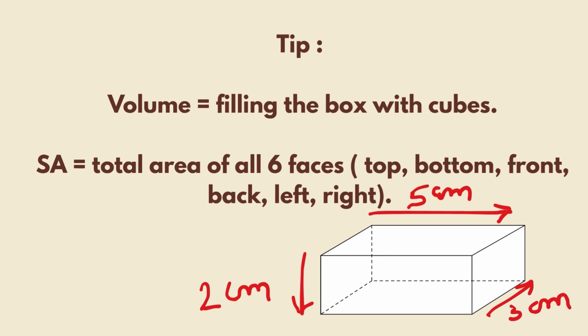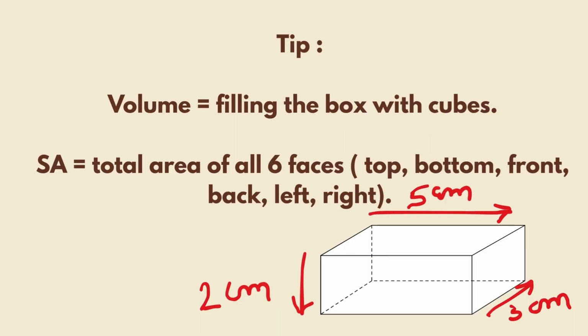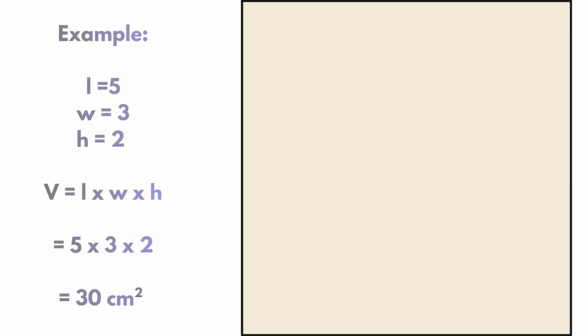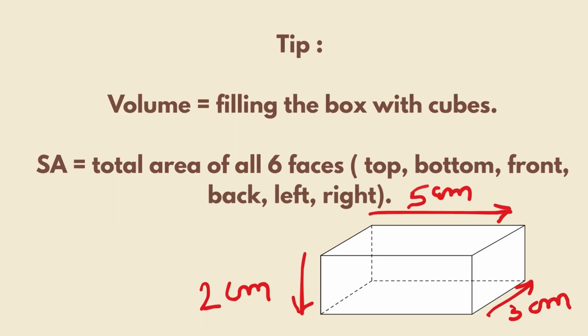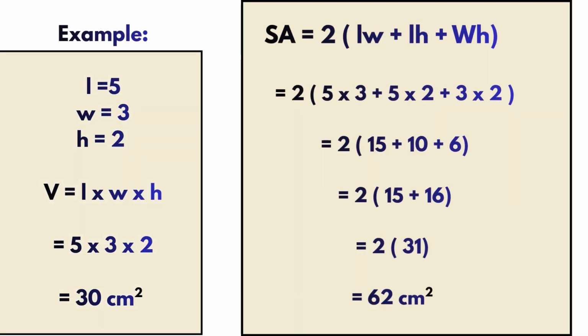You can see the problem here with the cuboid, given the sides 5 centimeter length, 3 centimeter width or breadth, and 2 centimeter of height. So we need to find out the volume. The volume is length multiply width multiply height, multiplication of all the 3 dimensions given here, we get the volume. 5 multiply 3 multiply 2 gives us 30 centimeter cube, the volume of this cuboid.